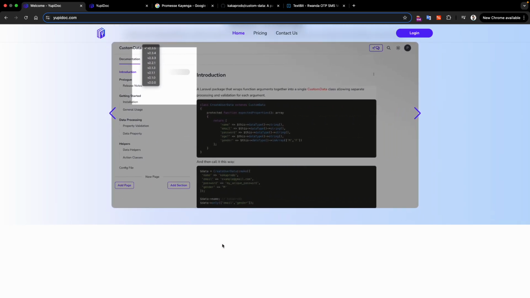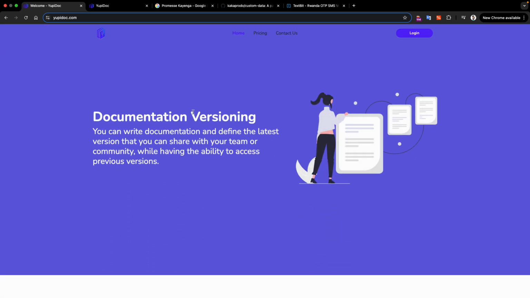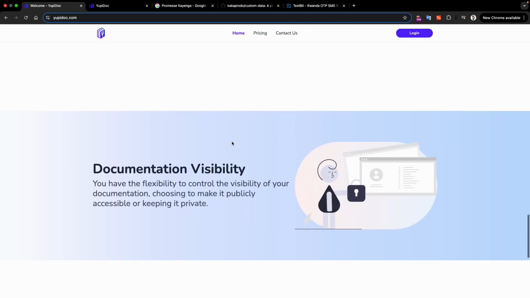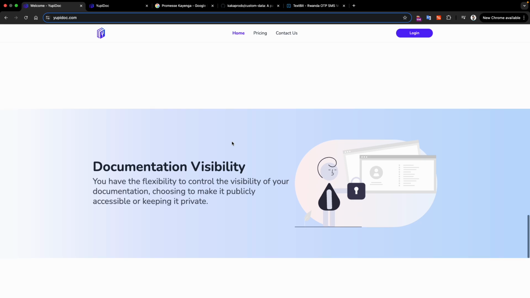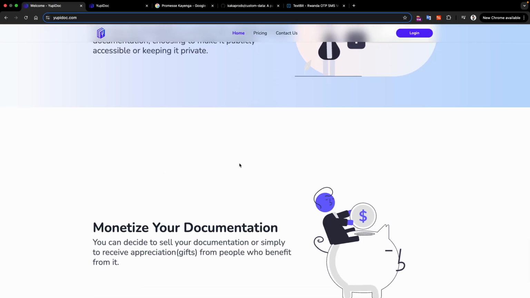It does come with versioning, which is a great feature, I think. Basically it allows you to create different versions of your document for easy reference and the ability to access them over time as well. I think the other feature that's great about this documentation is the ability to make it visible either to the public or keep it private, being able to intermittently change between the two modes, public and private, because this ties directly to the monetization, I think,